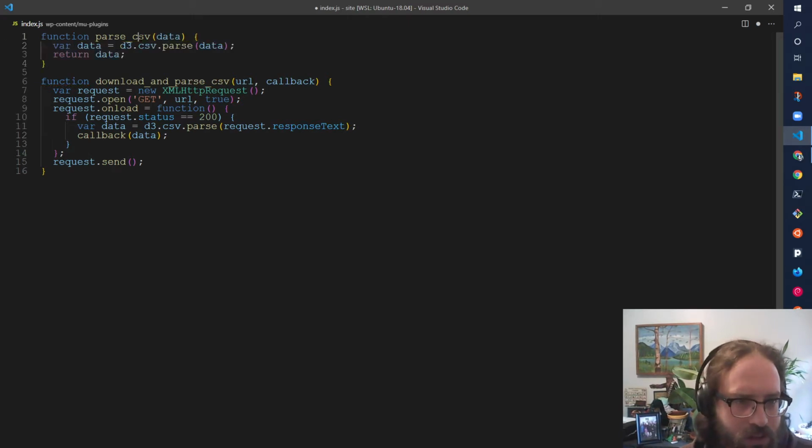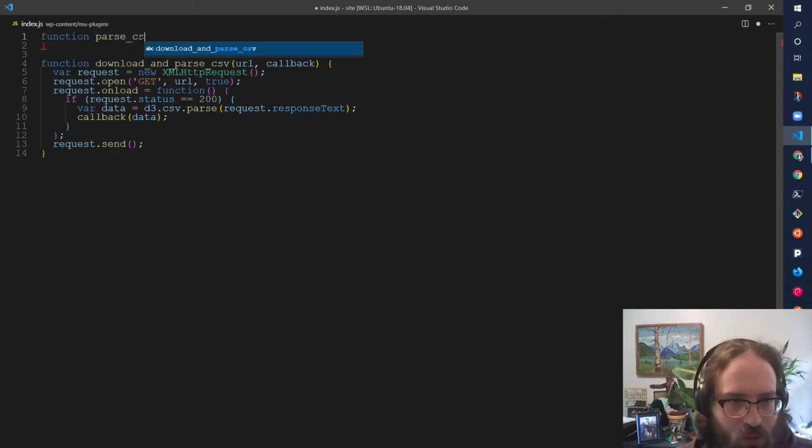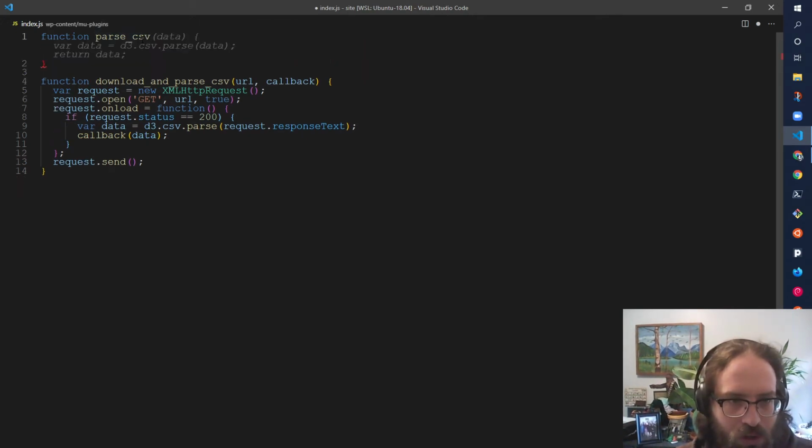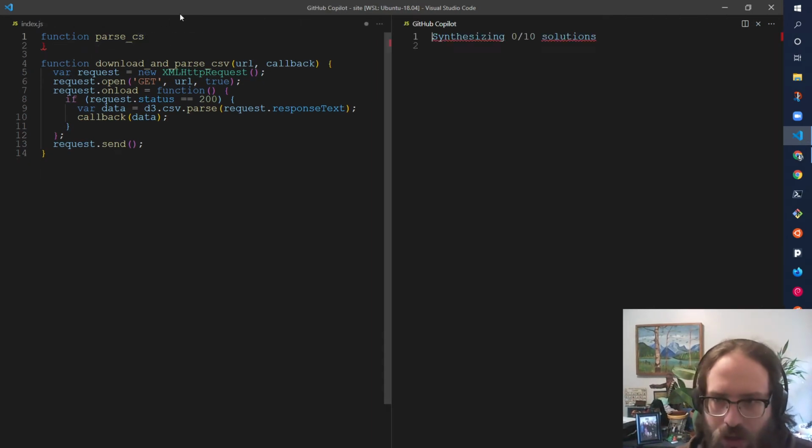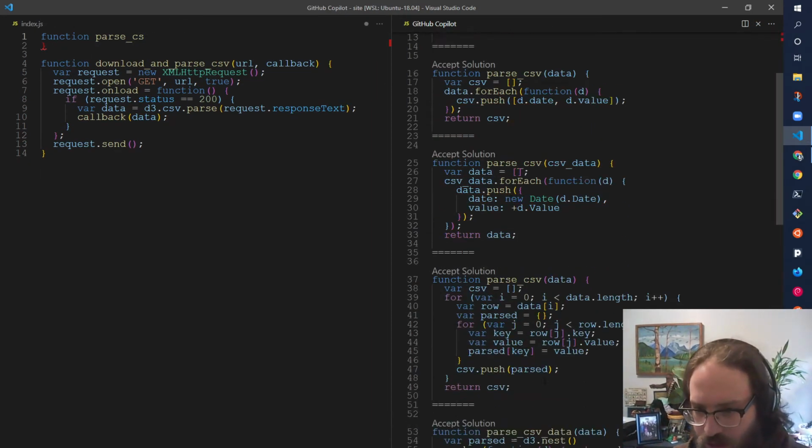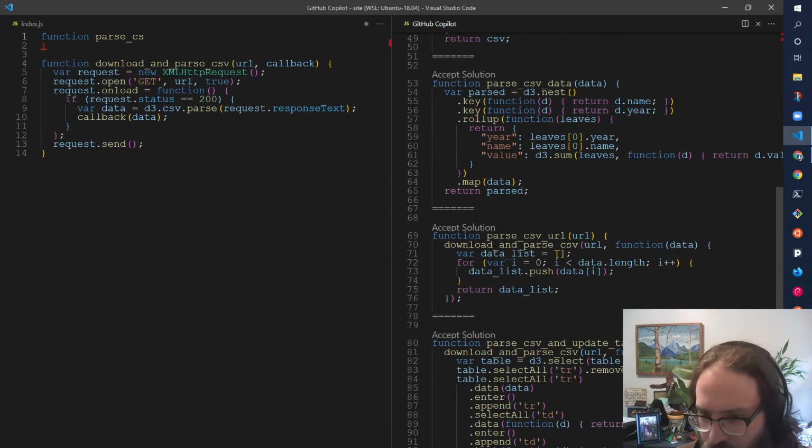Yeah, see, that's the thing, sometimes it just tries to use some random library, like D3 is a thing. But there's a way here where we can choose. Yeah, it's Control Enter, where we can see all the solutions. And the more you type into here,